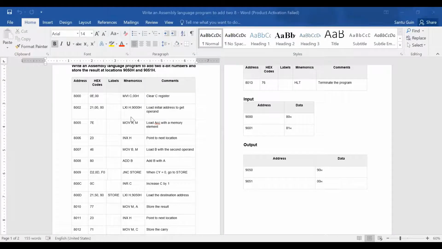So now my first data is loaded inside the accumulator. Then I need to call the second data, because as per the rules of architecture, the first data must be stored inside the accumulator to add. For any arithmetic or logical operation, your first data should be stored inside the accumulator. That's why I have used these two commands, and my first data is already loaded inside the accumulator.